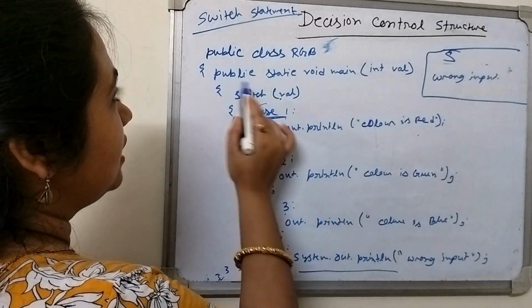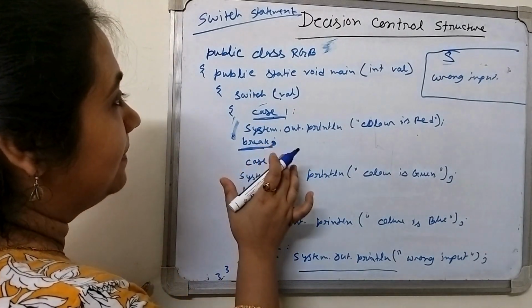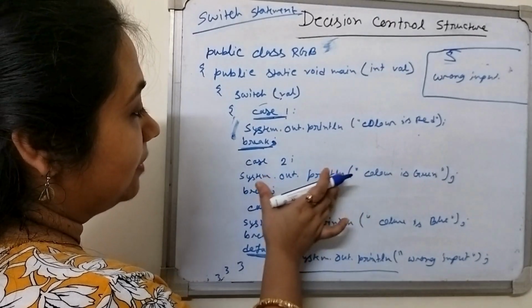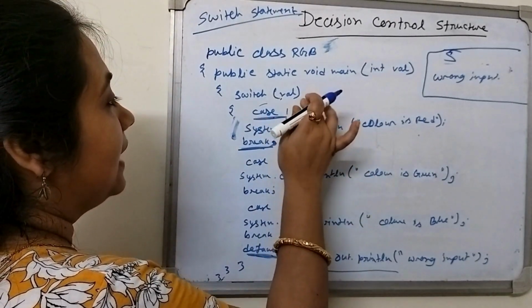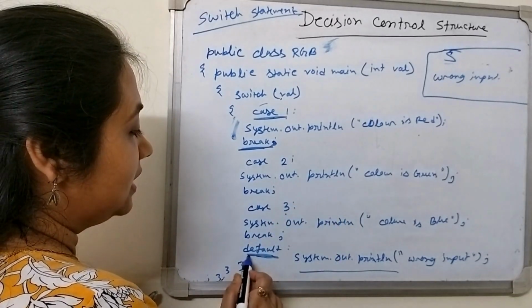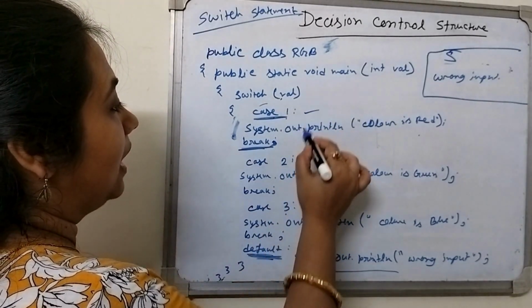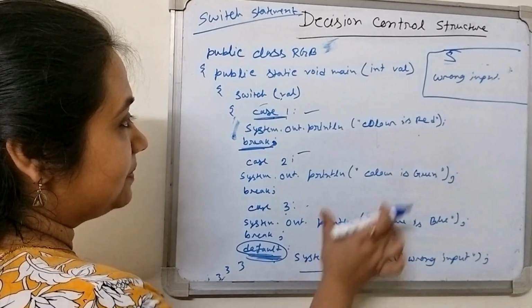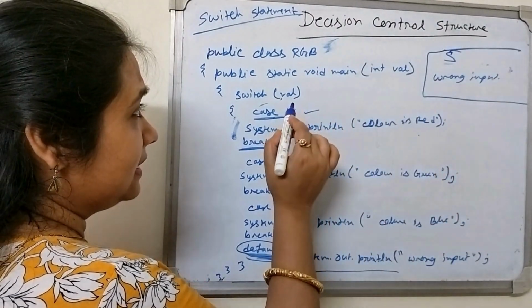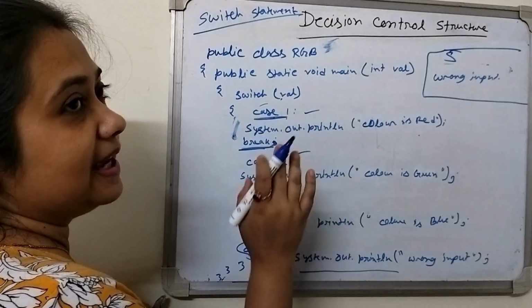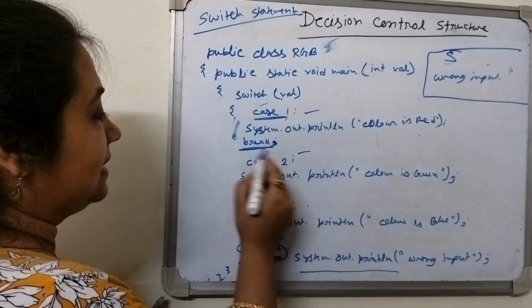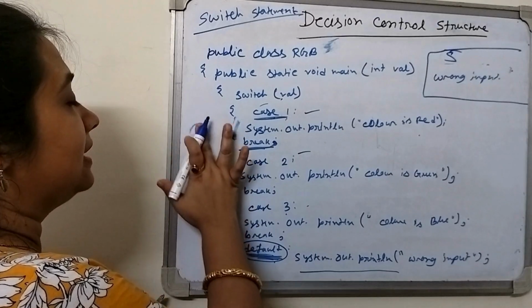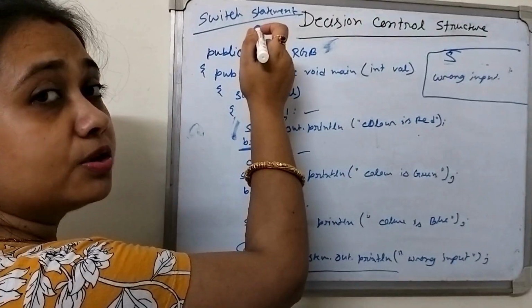So this is the switch and break. This keyword helps to break this portion and go out from the program. The rest of the portion will not be executed, or if no case is matched, then the default portion will be executed. If cases 1, 2, 3 do not match, then the default portion will be executed, and after this the program ends. In switch statements, we can use multiple cases. I have used only 3 cases here, but you can use 10, 12, 13, any number of cases in a switch statement.